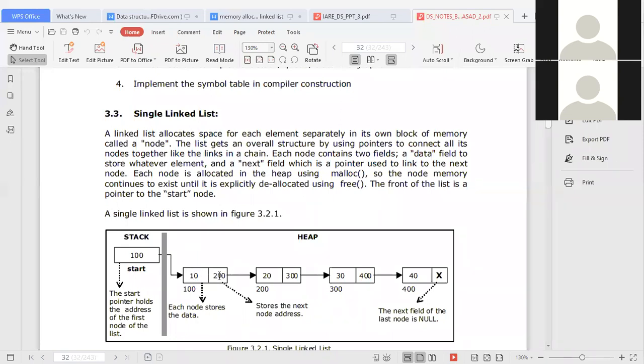Each, this is the node or the element. It has two portions. One portion contains data and the other portion contains the next node address. Are you following the class? What was written here? Can this screen be visible to you? The next node address is there here. Yes, sir. But whereas in the case of arrays, do you have a next address field?